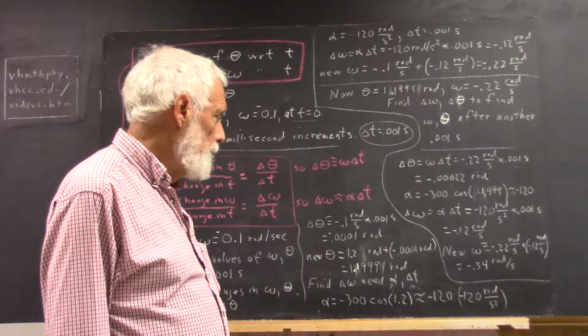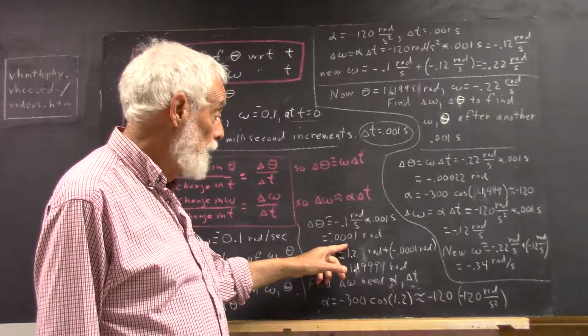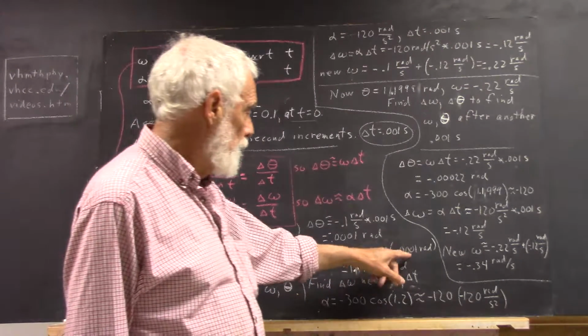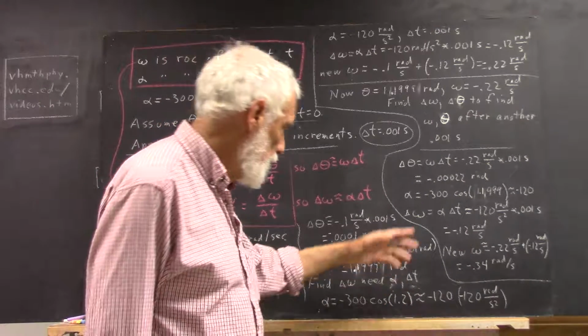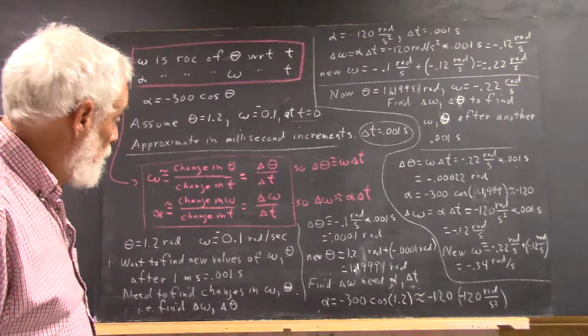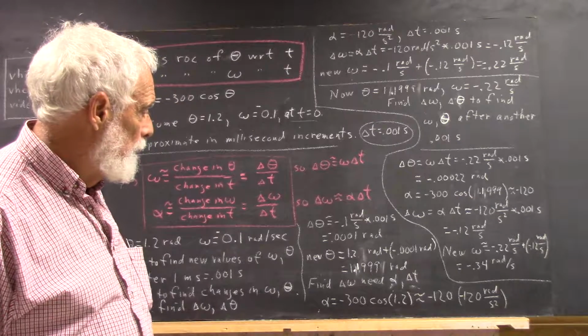So your new theta is going to be what? Well, theta is changed by negative 0.0001 radians. Your theta was 1.2 radians. It's changed by negative 0.0001 radian. It's 1.1999 radian. Now to find delta omega, we need to use alpha and delta t. Well, alpha equals